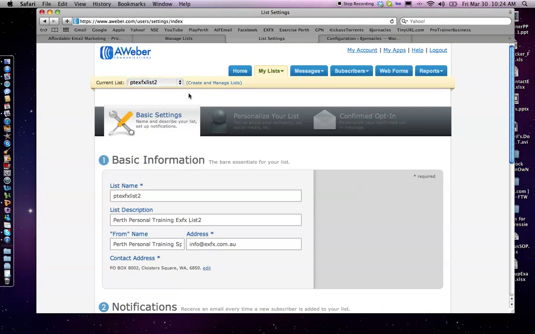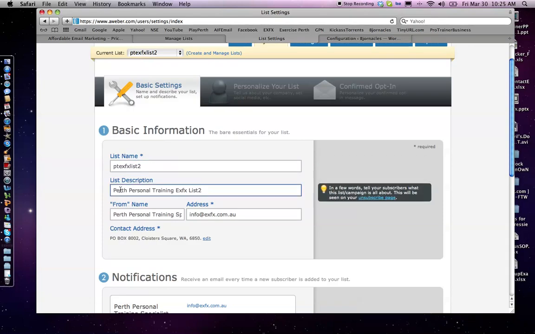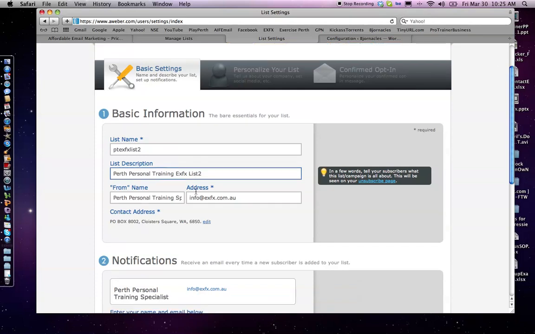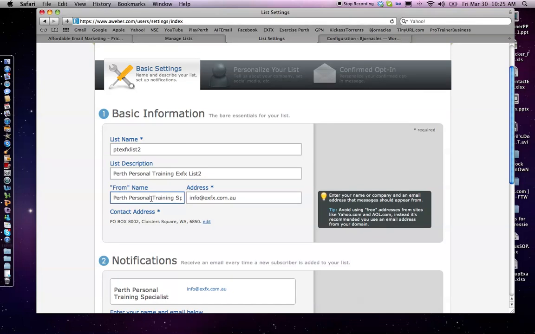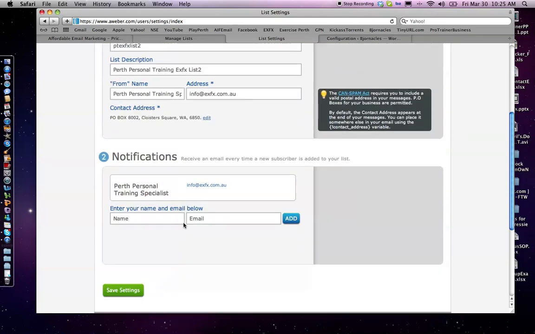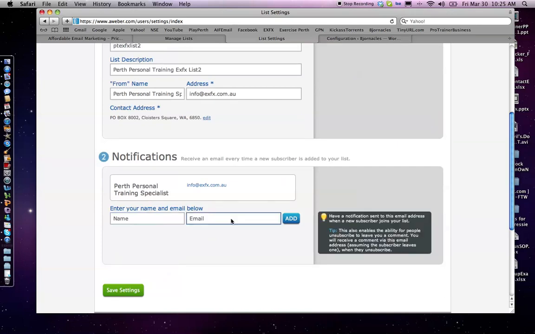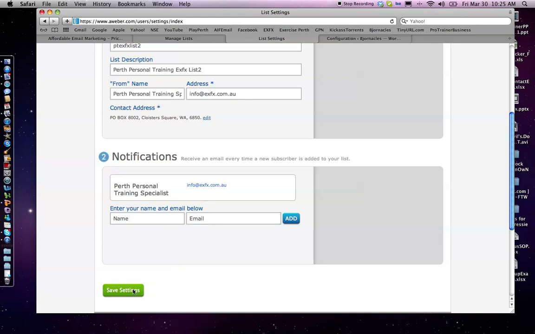And you're going to set up the general information, and you check in your list name. It has to be in lowercase letters as well, and this is your description of what your subscribers will see, and this is the name, the from, who they're getting the email from, and a return address as well. And you can add and edit that as well as your contact address. You can put a PO box or your actual business address, and that's fine. And this little section over here, that's for your notifications when somebody signs up, so you can send it to a couple of emails to let you know who's signed up to your list. You want to save all of that,